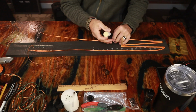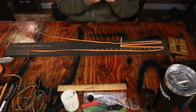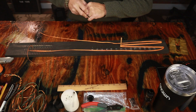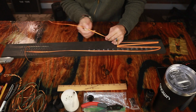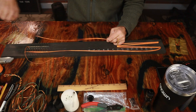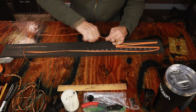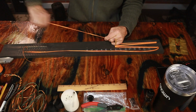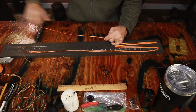Waxing really helps condition the string. These already have a wax coating on them, but you want to add that extra protection. It helps condition them, protects them, and keeps the water and moisture out, especially if you're outside shooting in a damp environment when you're actually shooting your bow. You want to protect as much as you possibly can, not only your bow, but your string as well. So now we've got all of that